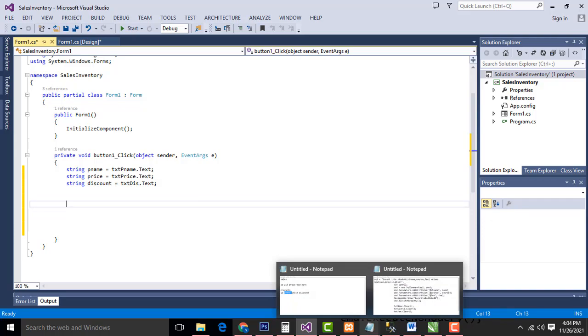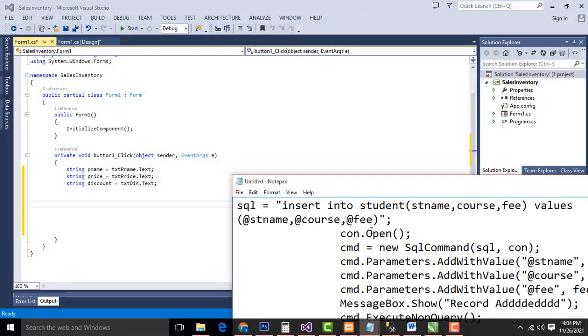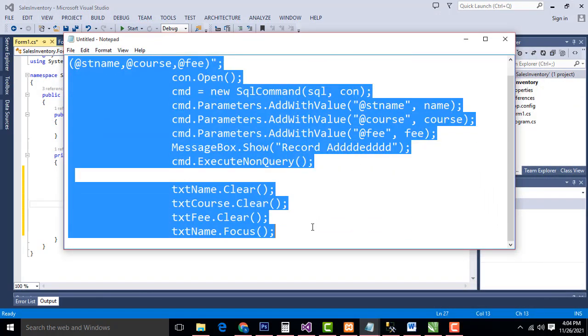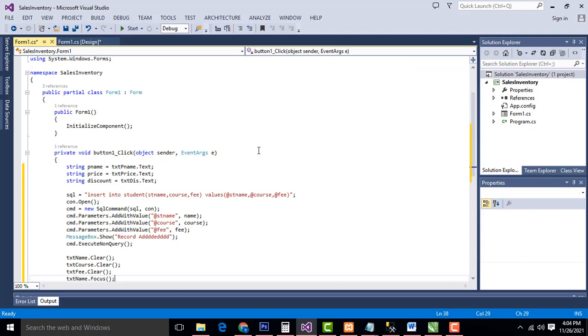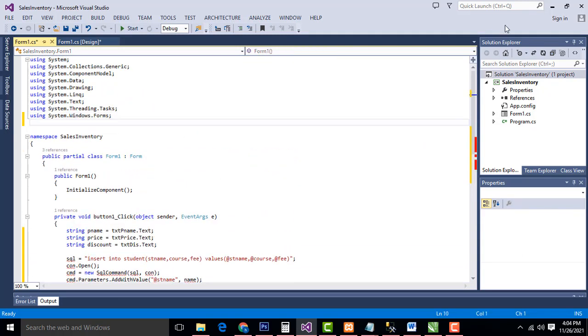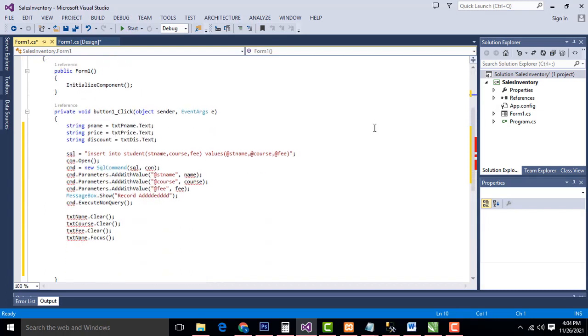So what I am going to do here is write the insert code. I will copy this instead of writing again and again. First I have to implement the SQL class using System.Data.SqlClient. This is the class where all the SQL classes reside.